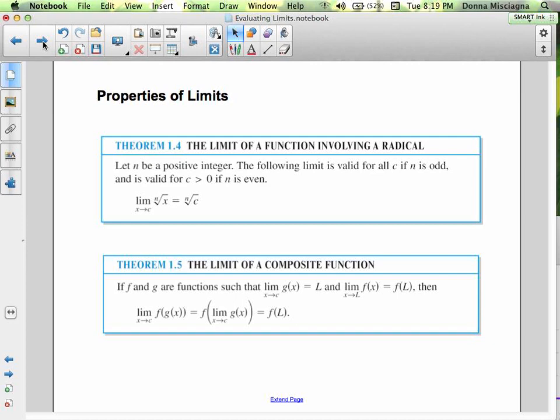So the limit of any radical as x approaches c is just equal to, we can just substitute because radical functions are also continuous, so long as we're defined, so long as it's not an endpoint. And it's defined. And there's no worry about endpoints for an odd root. So if I had